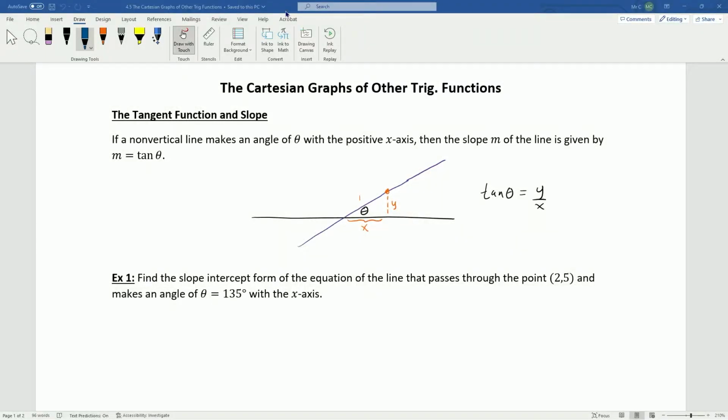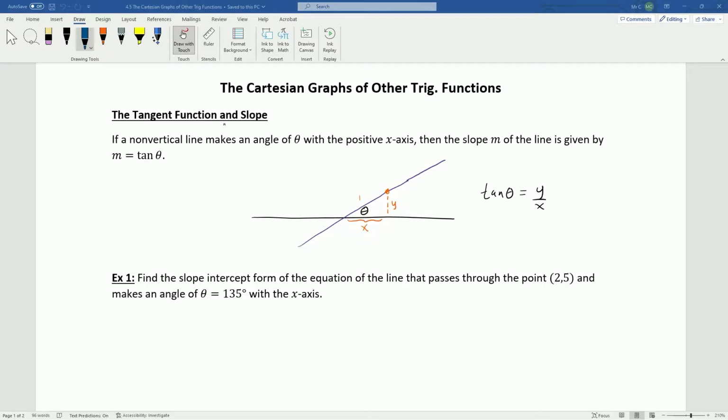Hello everybody and welcome to our video on the Cartesian graphs of other trig functions. So we're going to talk about the process that we use for graphing tangent and cotangent, secant, and cosecant. But before we do that, we're going to talk about another graphing related topic here,